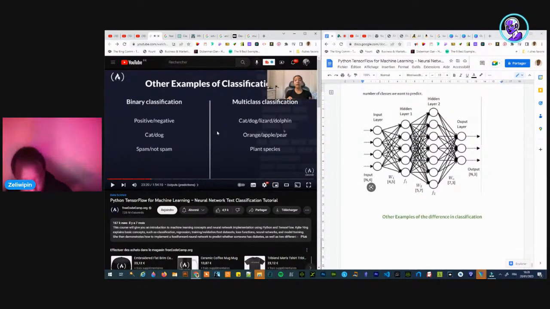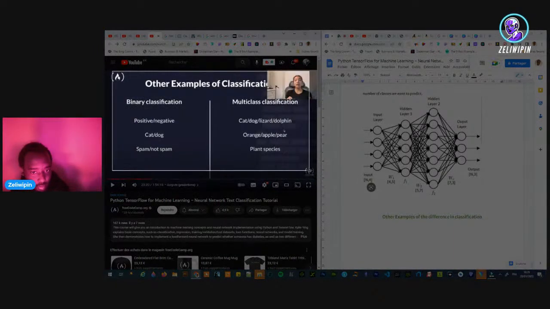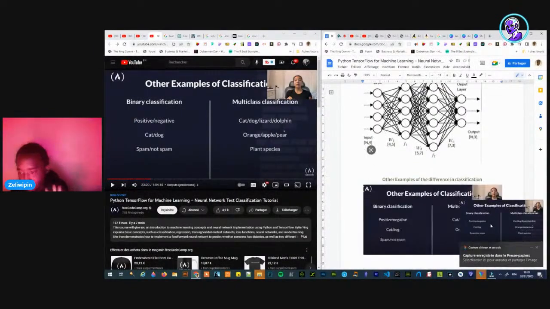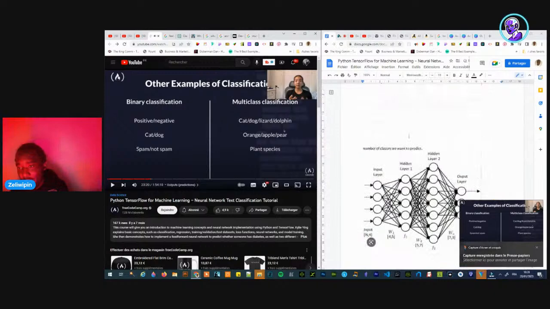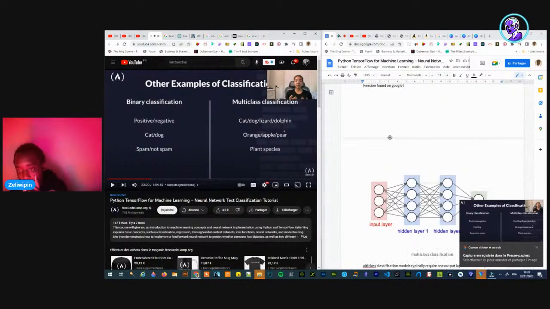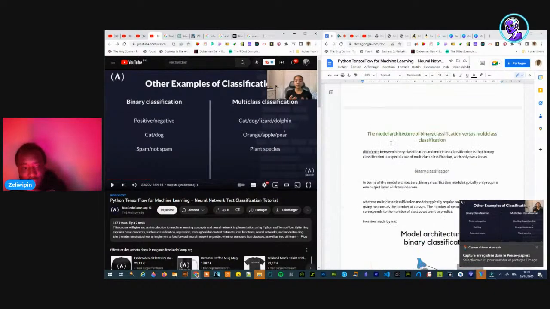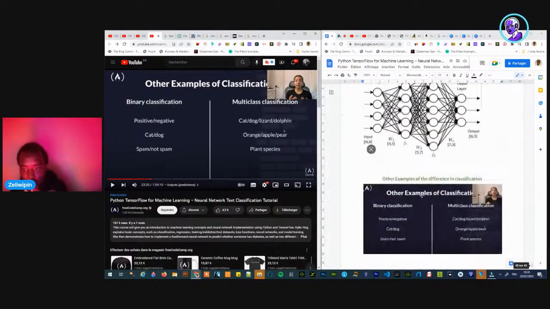Okay, here she is trying to say how we can differentiate between binary classification and multi-class classification, and she gives us a ton of examples here. I would just copy paste, to be honest, because I think we have explained the difference more than she will.